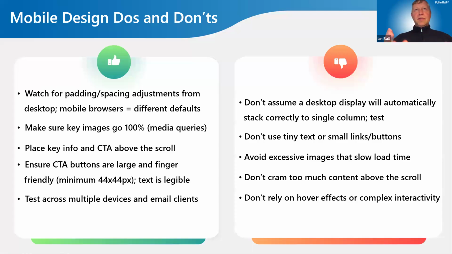Mobile browsers just have different defaults, so it's not one-to-one. So what could look perfect on my desktop design, when I send that over to mobile and open it up, maybe there's just a little bit more white space there that needs some adjustment as I go, to keep most of my key content above the scroll. So it's above the fold on a desktop design and above the scroll on a mobile design. The other thing you want to really make sure is that all your key images